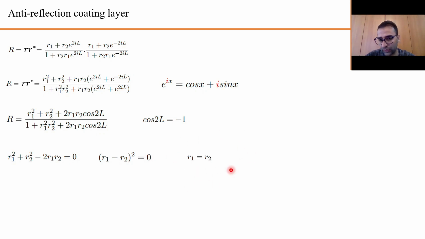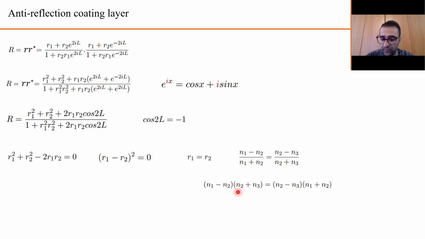r1 will be equal to r2. And using the definition of r1 and r2 that we have defined in the previous slide, we have (n1 minus n2) divided by (n1 plus n2) should be equal to (n2 minus n3) divided by (n2 plus n3). And by cross-multiplying, we have these terms. You see that n1 n2 and n1 n2 will cancel each other from both sides. Also we have minus n2 n3 here and minus n2 n3 here. They also cancel each other,